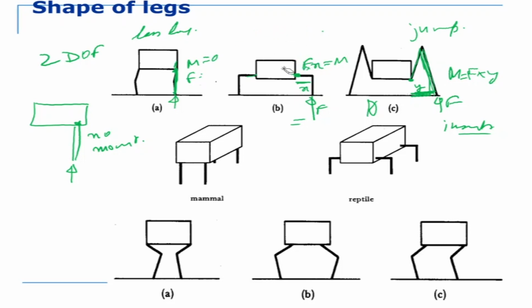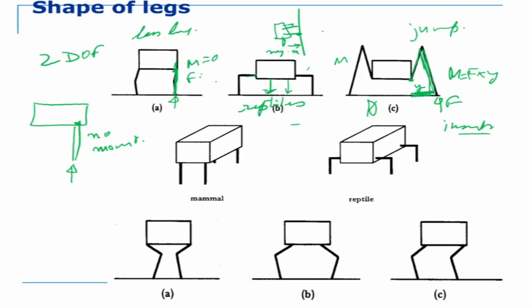Now the other design here is for reptiles. Reptiles means lizards, house lizards. This lizard will be climbing walls. So it climbs walls, right? If it is climbing the wall, then there is this force into the distance. So this is the mg into the x. That is the total torque that has to be resisted at that point. Otherwise it will fall when it is climbing on the wall. So the body should be near the surface. The nearer it is to the surface, the lesser torque you need to support.